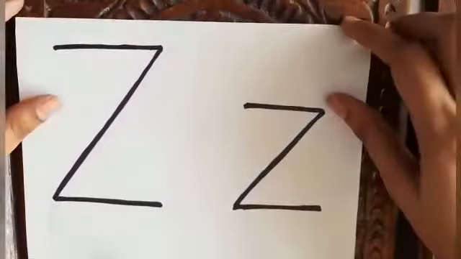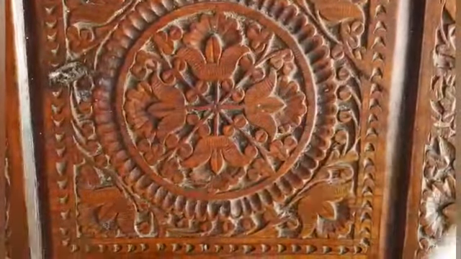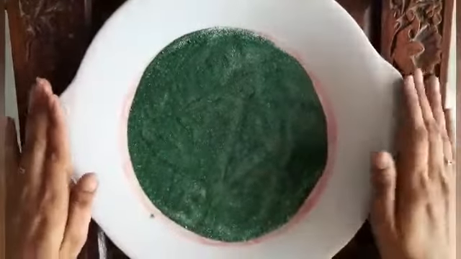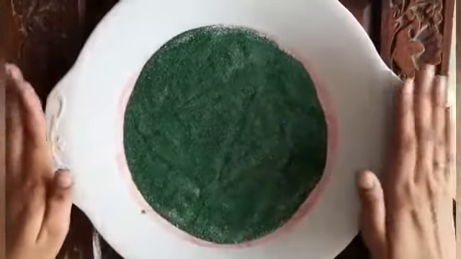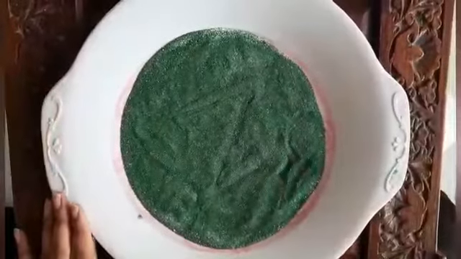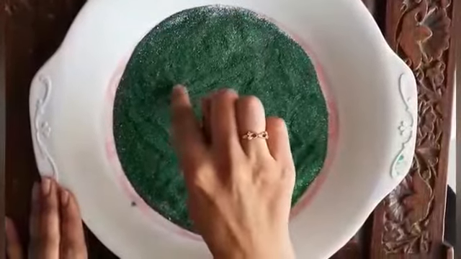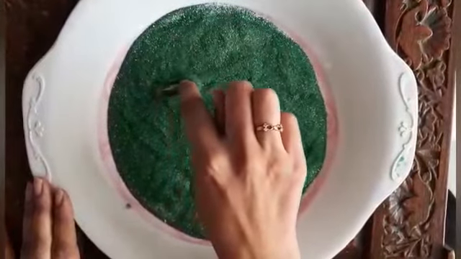We will do one more activity. In this activity, we will be requiring some sand or salt. If you have it at home, you can use that also. We just have to trace the letter Z in this. How did we start our letter Z? We started with slipping line, right? So we will do one slipping line.